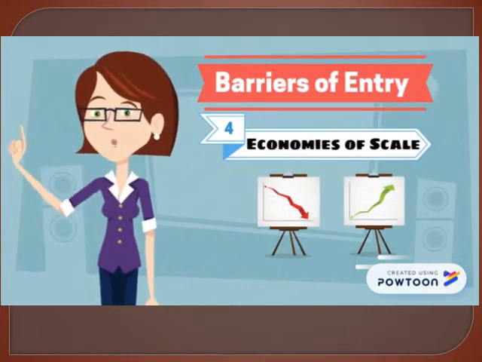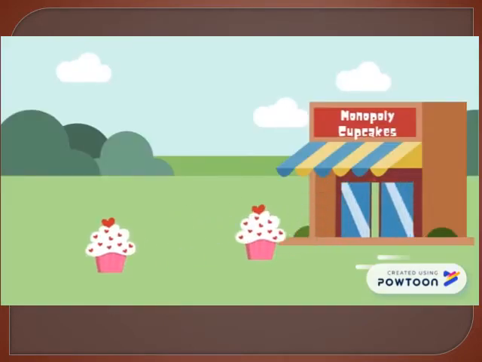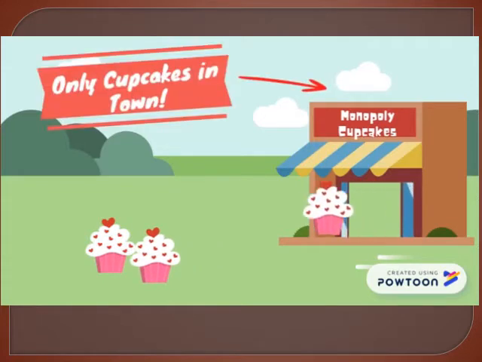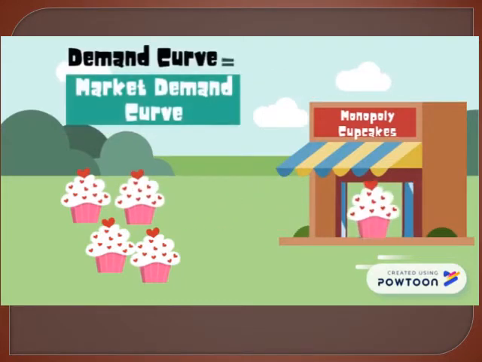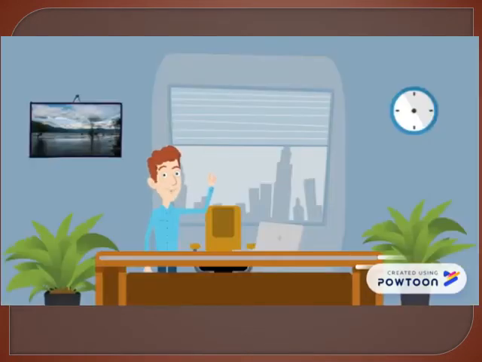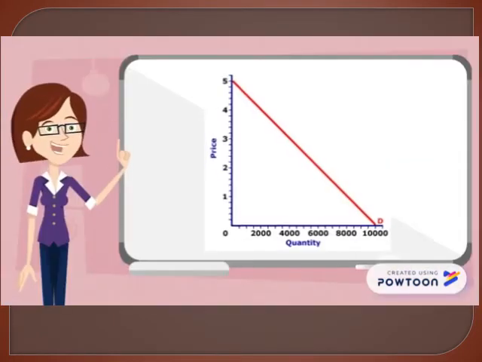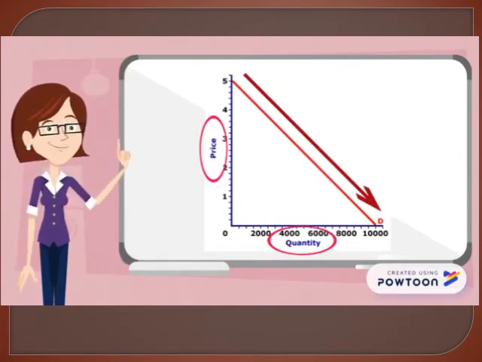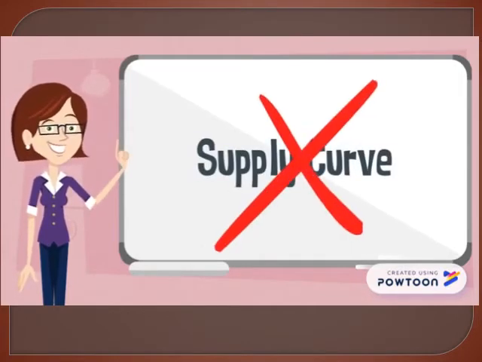Now, the graphing portion of a monopoly differs greatly from any other type of firm. In a monopoly, since they are the sole producer of a single product, the monopoly is the entire industry, which makes their demand curve the same as their market demand curve. A monopolistic company can price discriminate due to being a price maker, but in general, in order to sell more units, they have to lower the price of their product. This creates a downward sloping demand curve and an inverse relationship between their price and the quantity of the product they'll supply.